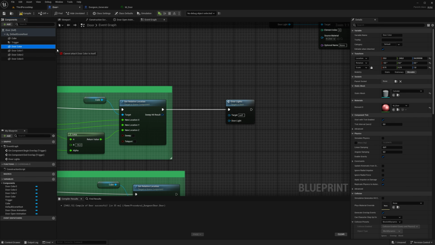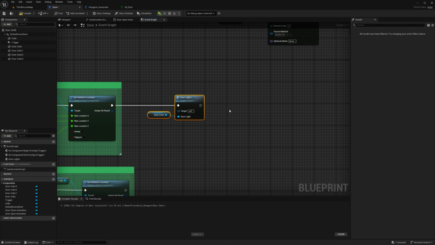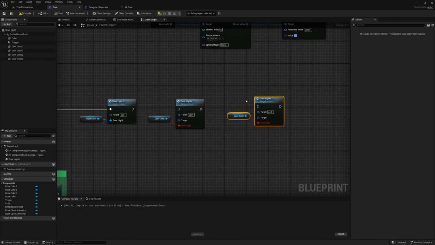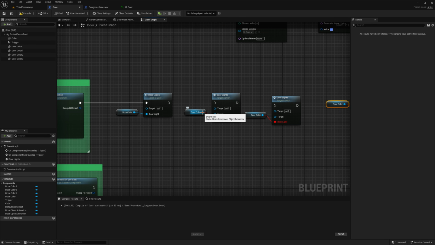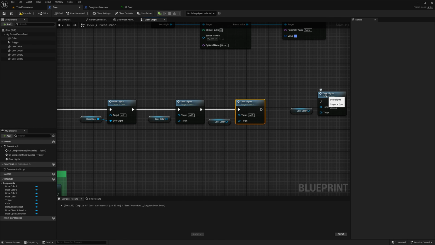Then we take the first door color and we plug it into door light. Okay, so now we copy paste this 3 times. Hold Alt and left click to remove the error things. Then we hook all this up. Now we do this 4 times.